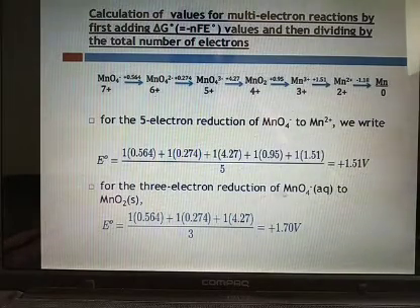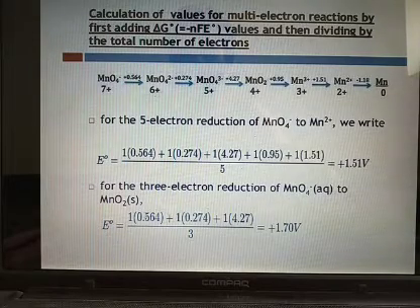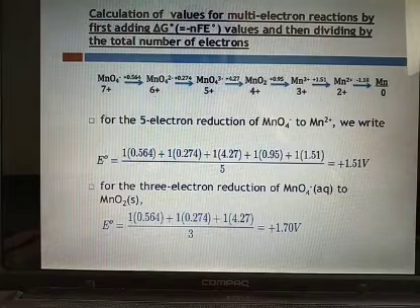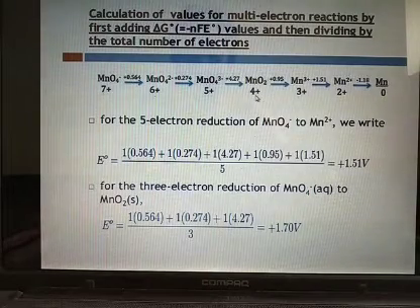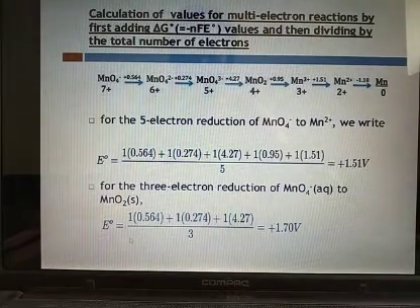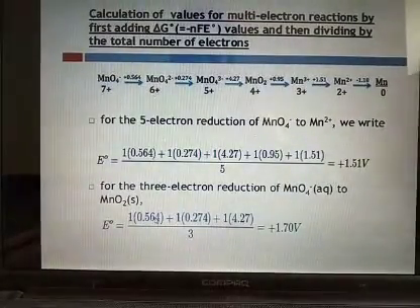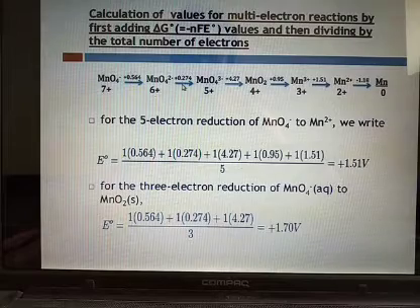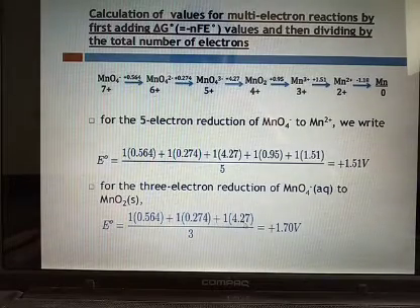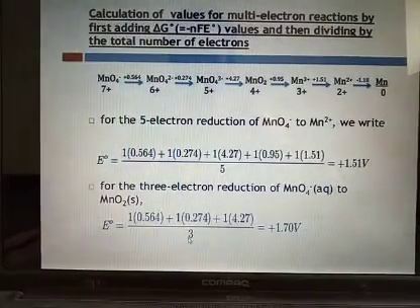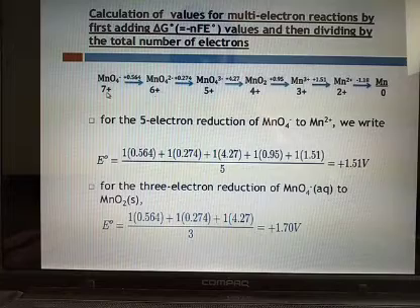For the 3 electron reduction of MnO4- to MnO2, the oxidation state goes from +7 to +4. So you have to write all those values. The first is 0.564, then 0.274, then 4.27. Only these three you want to calculate for the 3 electron reduction, then divided by 3, because the oxidation state is +7 in